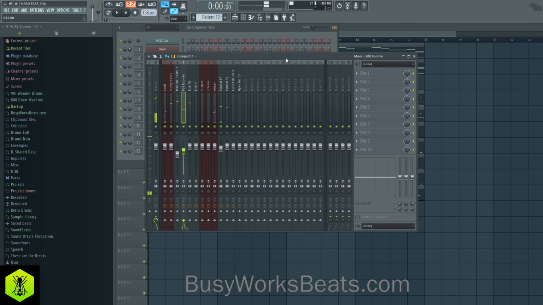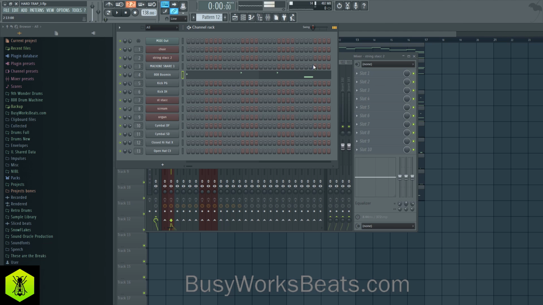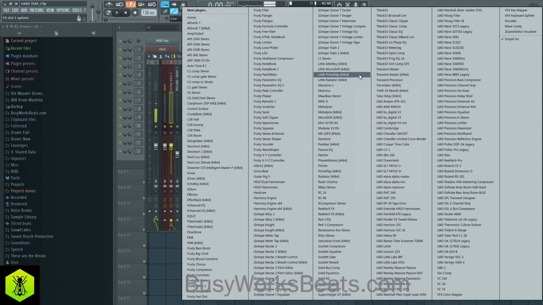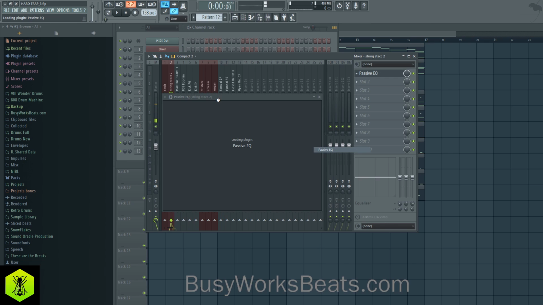Of course, we need to mix. We need to take the bass from these instruments like this sound and move it to the side. So let me show you how to use a mid-side EQ to do that. So let's open up a mid-side EQ. I'm going to use passive EQ. It's a little bit lighter, but I usually use UAD BX Digital from Brainworks. And let's pull up the passive EQ from Native Instruments.